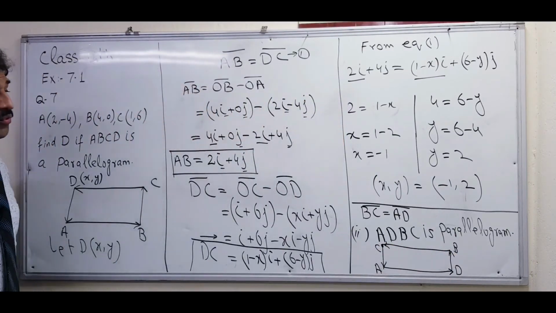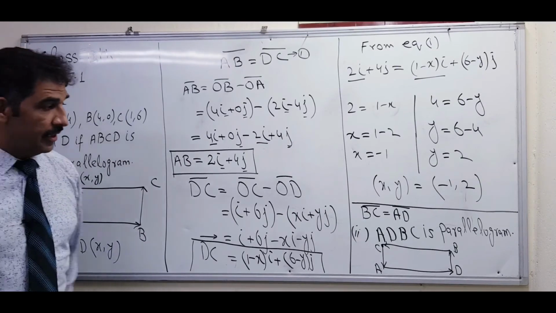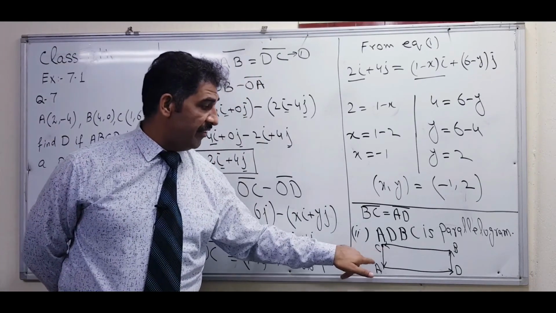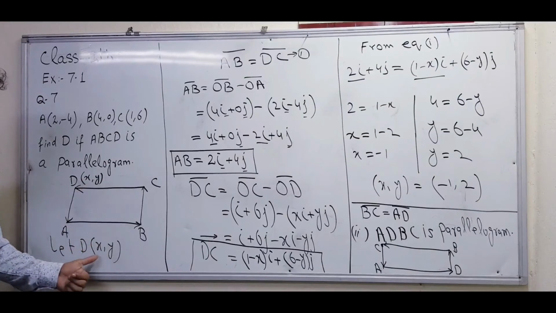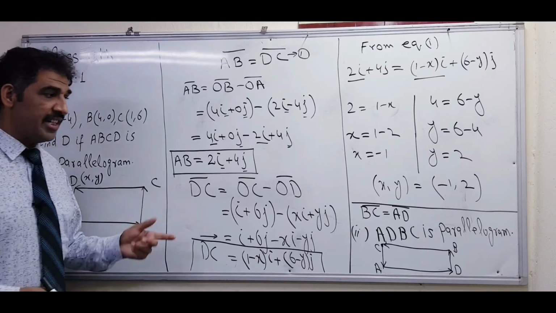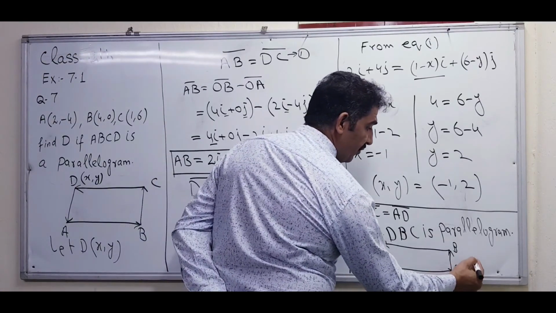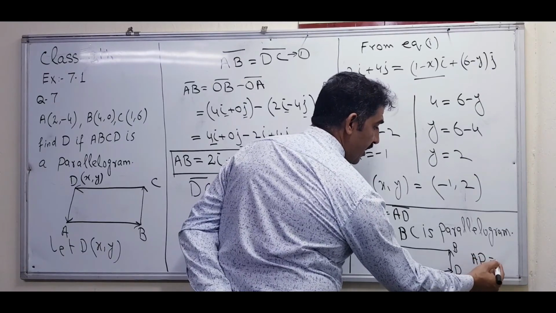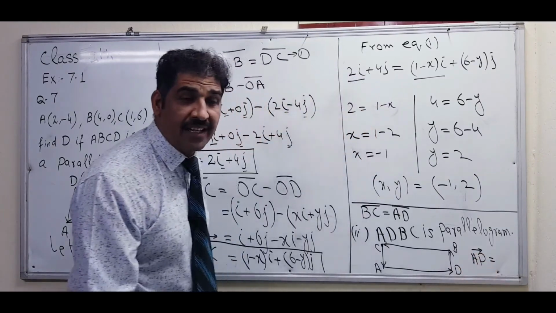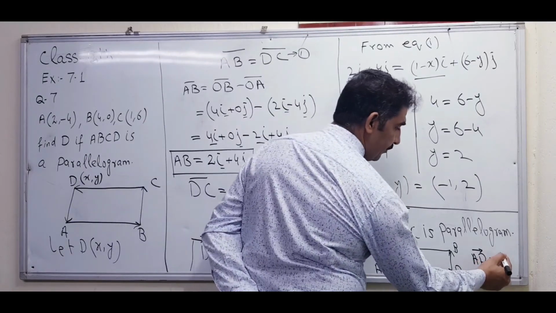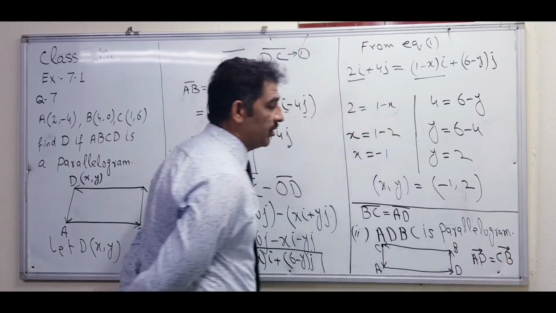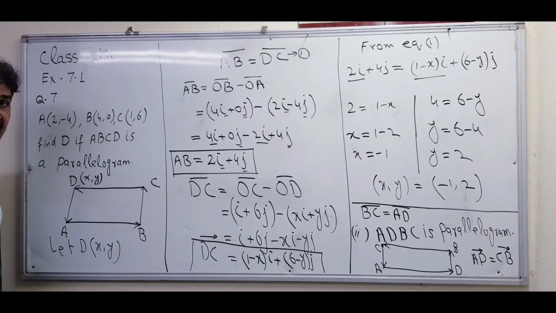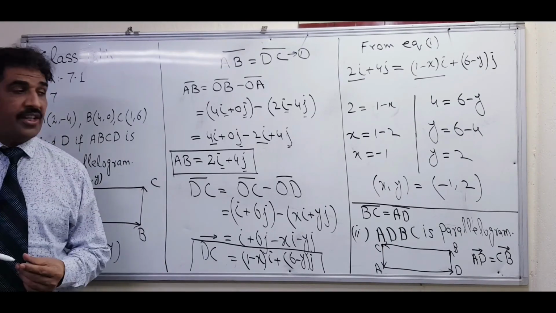And then we have to find the value of D. Then how to write that? Like this one. How to write it here to find, if ADBC, we have to find D. We assume D the same way. Let D be the coordinate, X and Y are the coordinates of D. Let us assume the X Y coordinate of D, then find the value of D. Then how to find? Here we will find AD is equal to, who is that? CB. Good. So AD is equal to CB. You have to make both equal and find the value of D. This is your assignment. So solve it now and show me the answer.